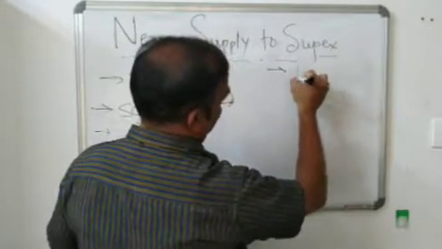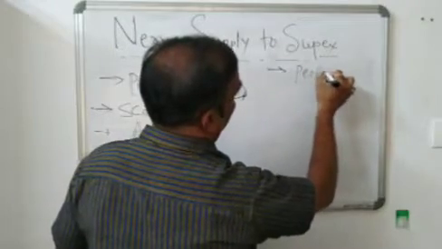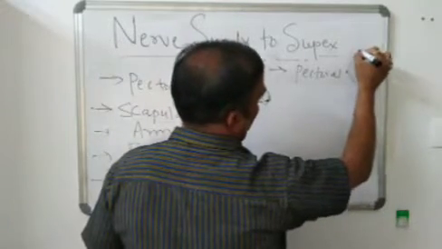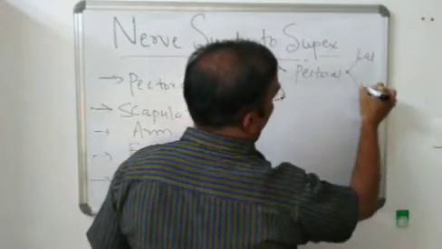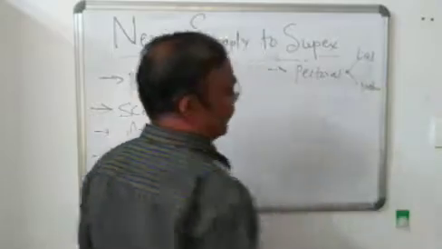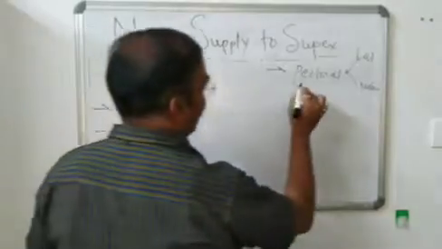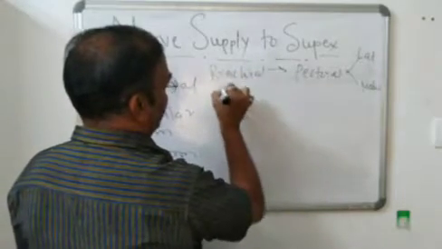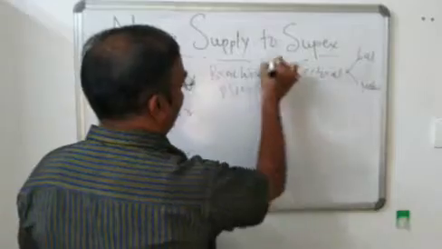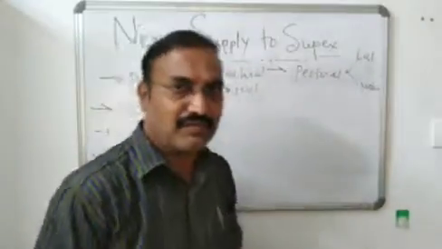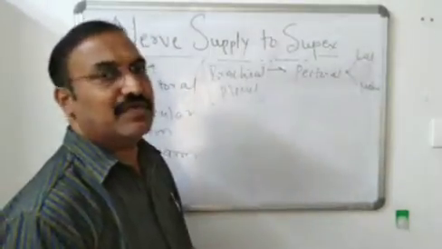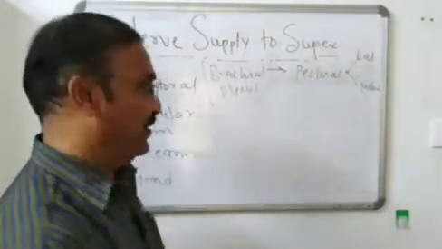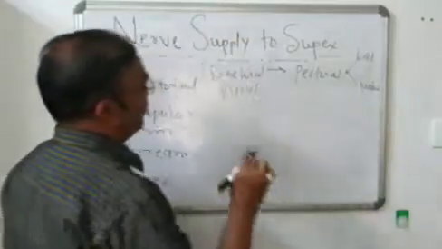Now the first branch is the pectoral nerves. There are two pectoral nerves on the right and left side, the lateral pectoral nerve and medial pectoral nerve. Remember, these all are the branches of brachial plexus. That is again important. How is it formed? It is formed by the union of spinal nerves C5, C6, C7, C8, the spinal segments, and the first thoracic segment. That we study in detail. Now just keep in mind, that is brachial plexus.